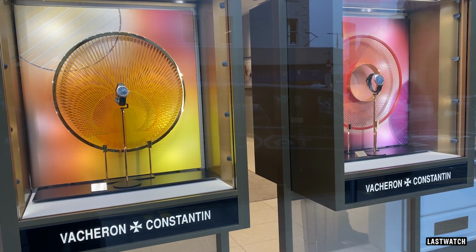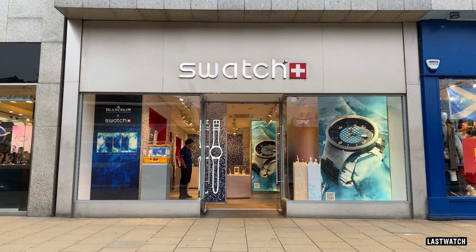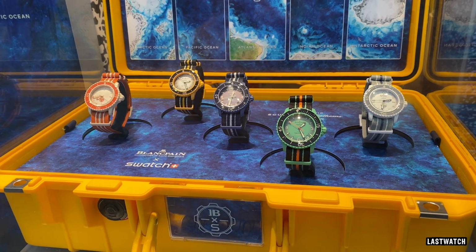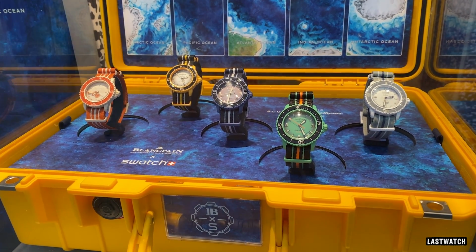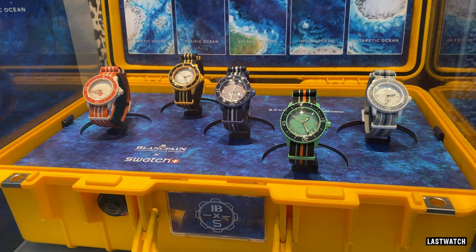simply can't afford. Or like me, you can pay your almost weekly visit to the Swatch store on the off chance that they've had a delivery of the elusive Moonswatches and prepare yourself to walk out the door empty-handed and disappointed. Well, I did pretty much all of that in the middle of January, but the Swatch store visit came